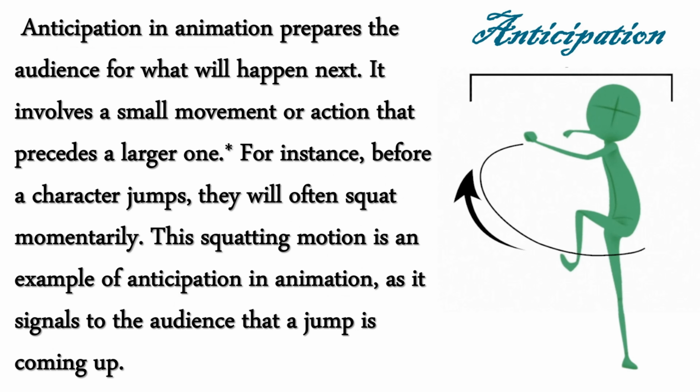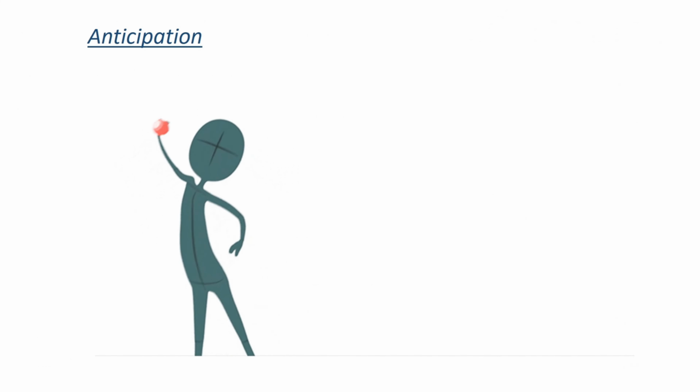Anticipation in animation prepares the audience for what will happen next. It involves a small movement or action that precedes a larger one. For instance, before a character jumps, they will often squat momentarily. This squatting motion is an example of anticipation in animation, as it signals to the audience that a jump is coming up. For example,